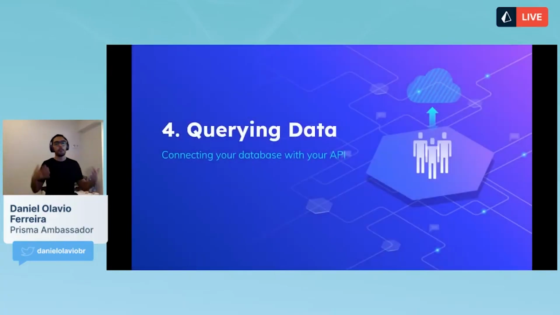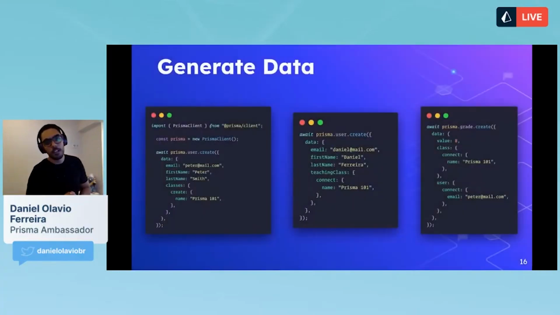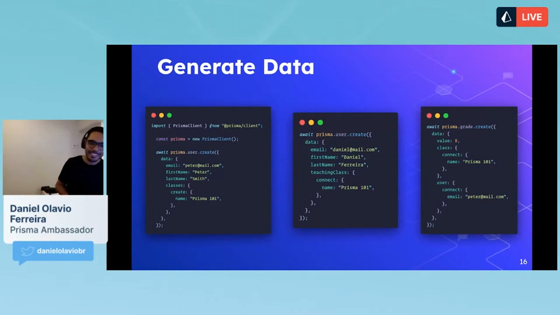Okay, after all that, we created a model. It was very complex, but very easy to get at the same time. How do we query all this data? How do we connect our database, what we just created, to our API? How do we make this connection? And that's where we start using the beautiful Prisma client, another very good tool that the Prisma team has developed for us, that's very, very simple to use.